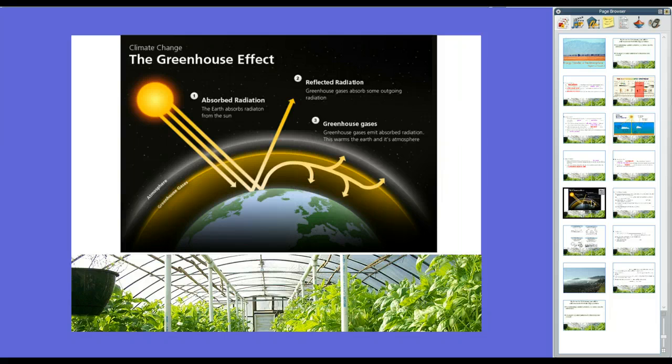So let's look at this. Okay, this is kind of the greenhouse effect in action. We know that the sun brings in radiation in terms of visible light, infrared light, and ultraviolet light. About half of it hits the surface, most of it gets absorbed. Greenhouse gases will absorb some outgoing radiation, but a lot of it ends up getting kicked back out. That's what we saw in the example. And the greenhouse gases will keep this